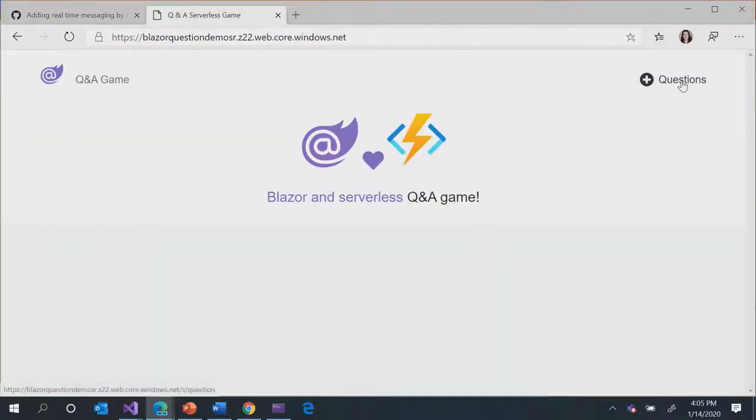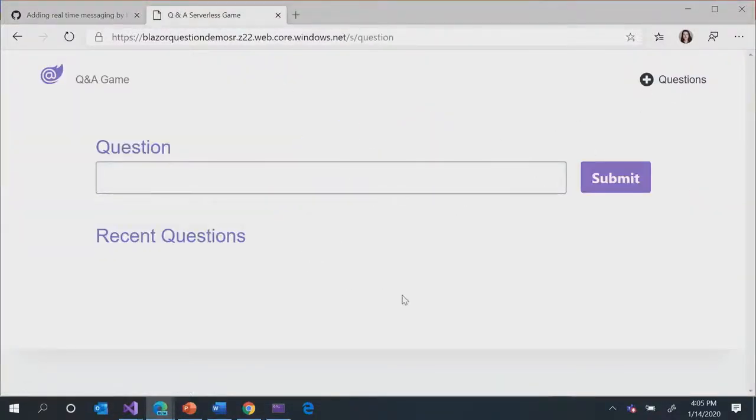So what we're going to do here is Daria has a new version of the app that we've been looking at that's been enhanced with that capability. I have the same version of the app here on my machine. So what I'm going to do is submit a question